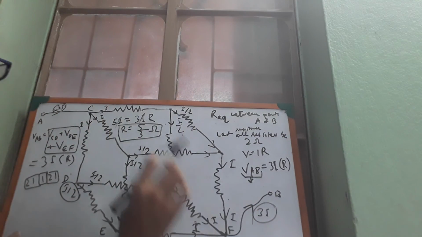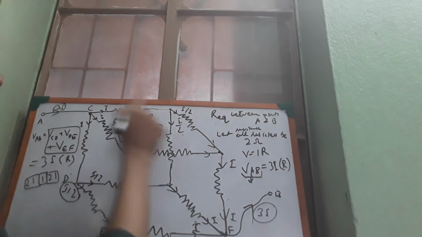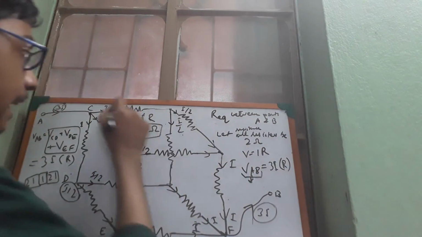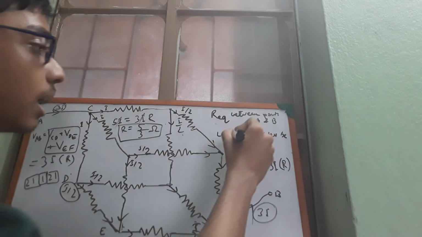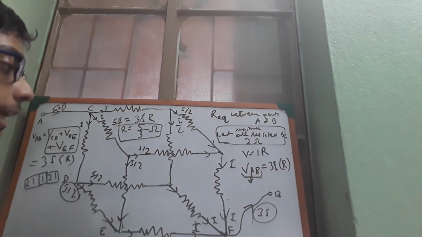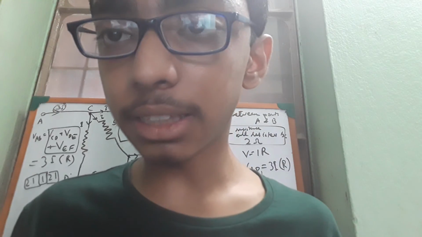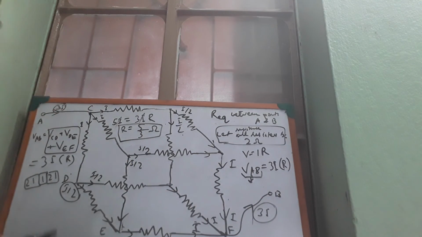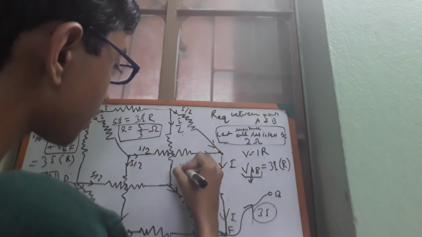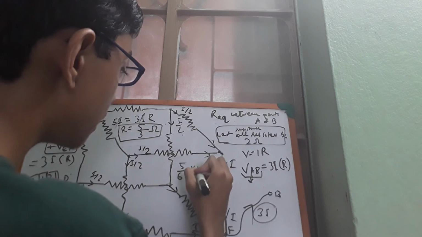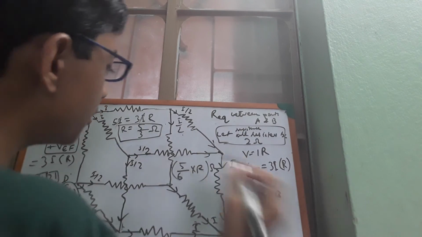The short trick will be applicable only if I have a cube and each side of the cube has a resistance in it. Each side, there are 12 resistances in all, and all are of the same resistance, 2 ohm. It cannot be that this is 2 ohm, this is 1 ohm, this is 4 ohm. No, all identical resistances. In that case only we can apply the short trick, and that short trick is basically 5 by 6 into R. This will be the answer, in ohm. Simply 5 by 6.